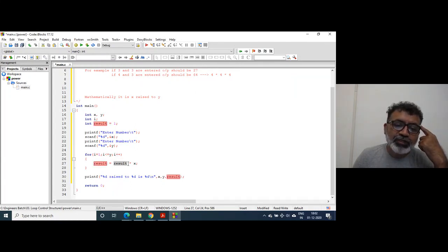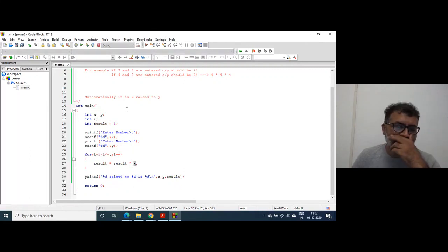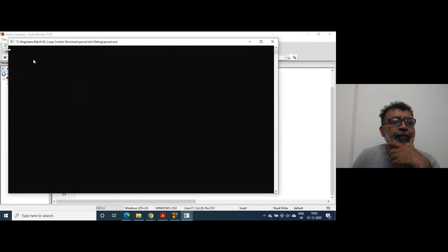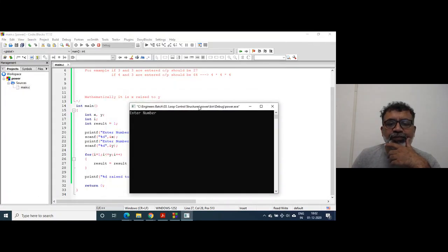And result we initialized to 1. So that is 1 into 5, so result will be 5 for the first iteration. The value of i becomes 2. The original value of result is 5, and 5 into 5 again is 25. So it should work. Let's check whether it works or not.